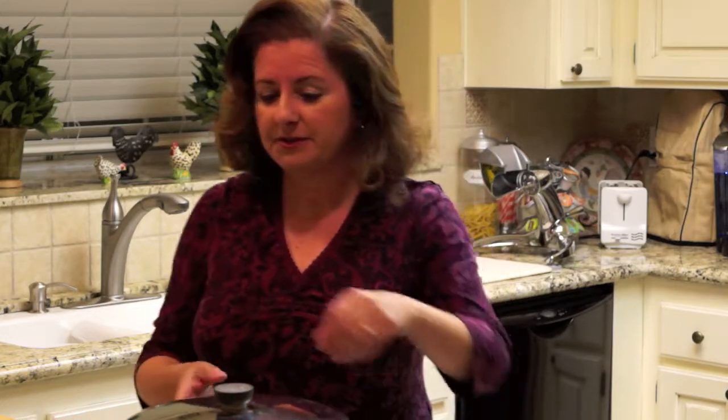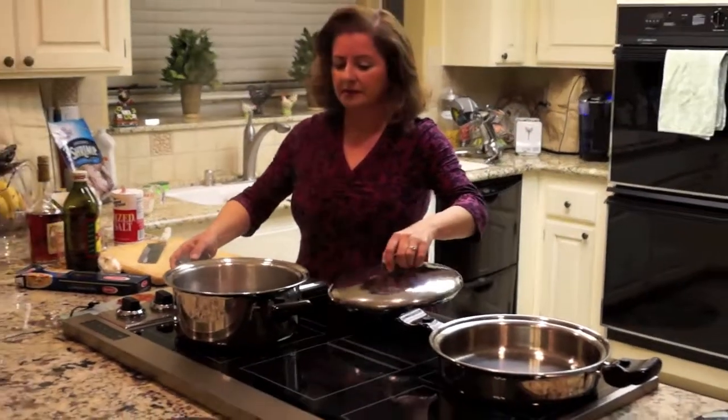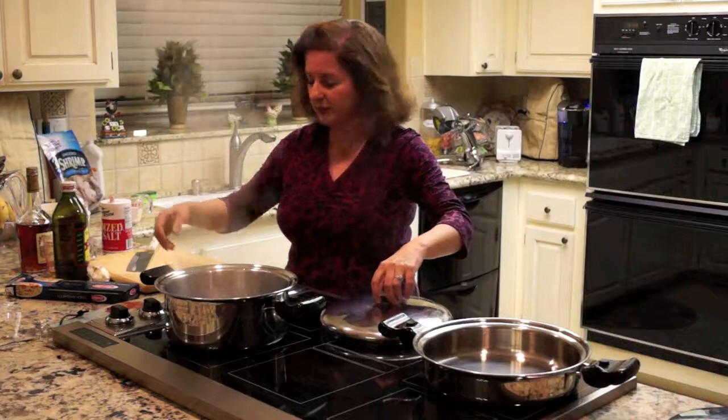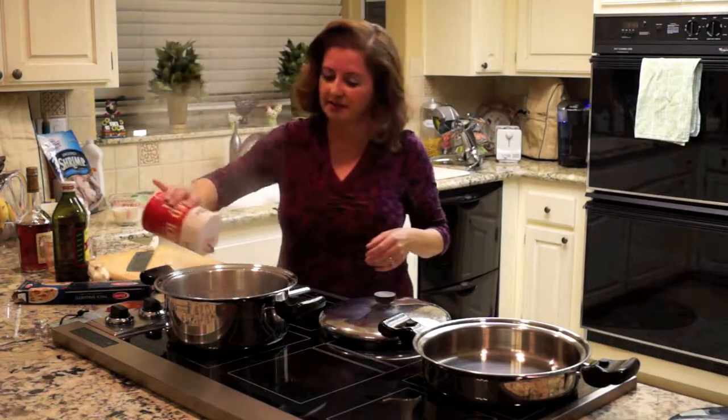So first off, what you ought to do is get a pot about this size and fill it with water and put it on the stove to boil. Now I have this already hot and ready to go. Once it boils, you're going to add some salt to the water